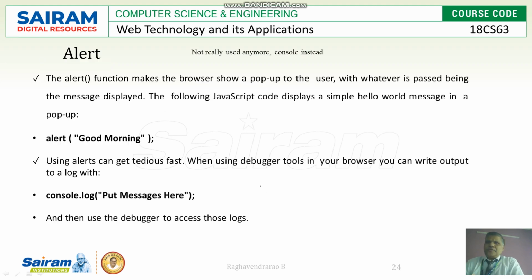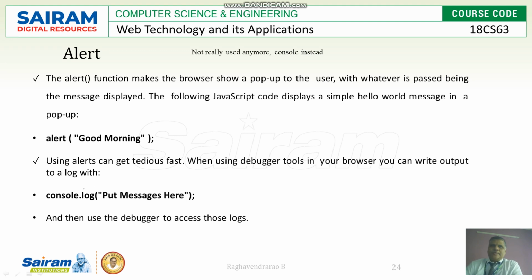Some methods are used for the display of information. Here the alert method is going to be used. Alert is a function that makes the browser show a pop-up to the user. A pop-up window appears with whatever message is passed to it. So here is an alert example: alert good morning. So this is going to display